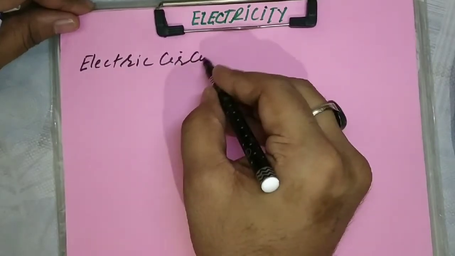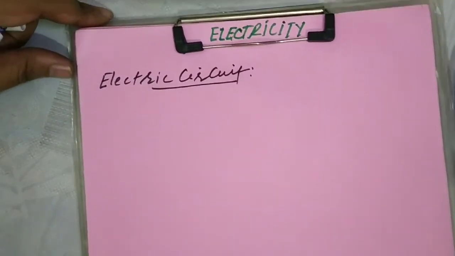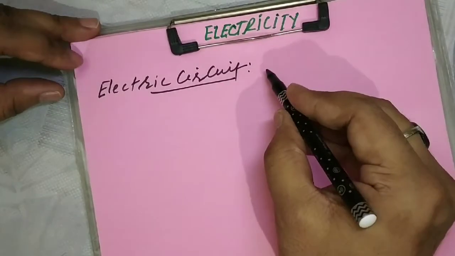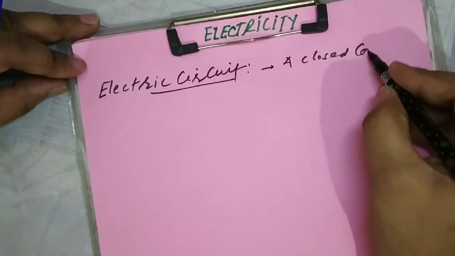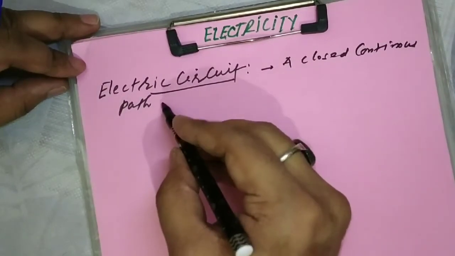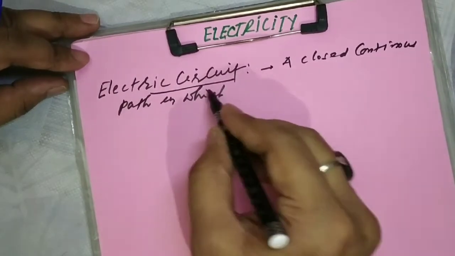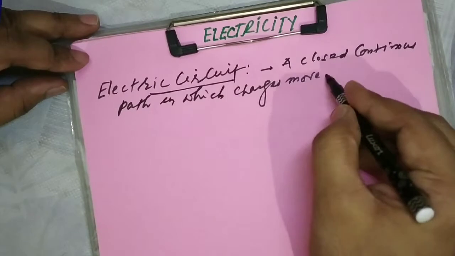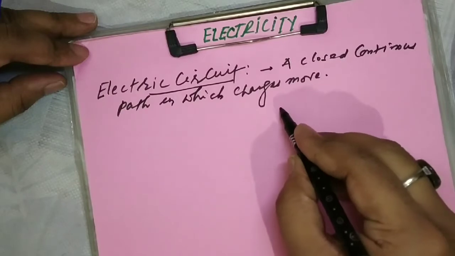Students, I hope you have heard the word electric circuit. An electric circuit means a closed continuous path in which charges move to form electricity. So an electric circuit means, suppose that